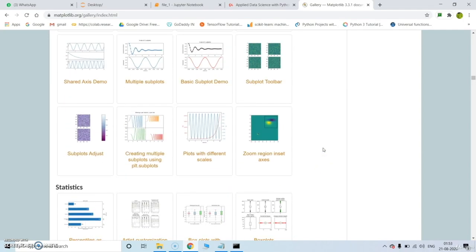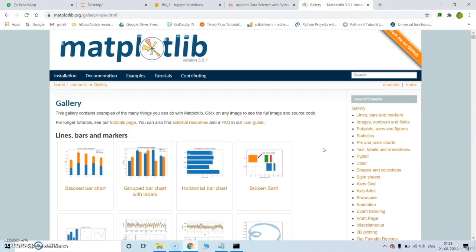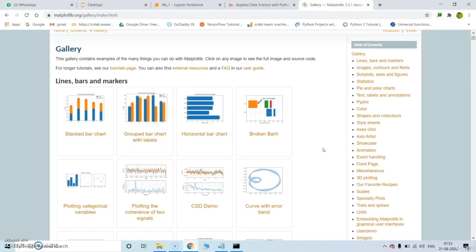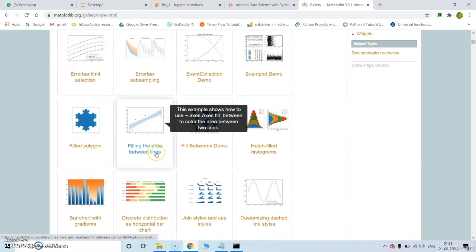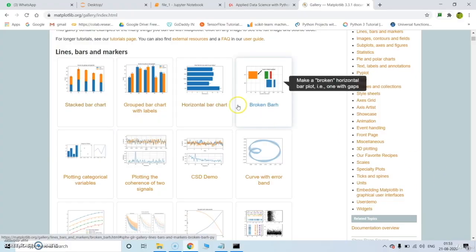So suppose you want to go for a pie chart, if you want to compare the market penetration of a certain product, then you can go for a pie chart. Then for a bar chart, suppose you want to compare two productions, then you can go for a bar chart. Suppose I take one of the charts from this, any random chart. I'm going to take, suppose, this chart,